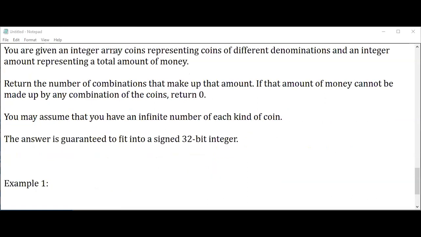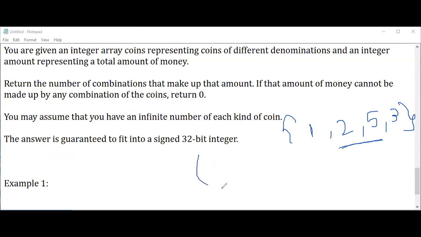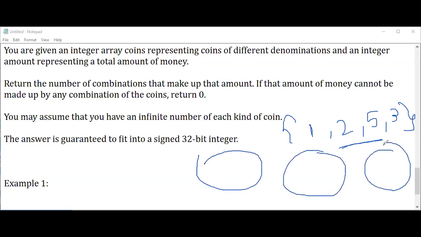Here, what they mention is that you may assume that you have an infinite number of each coin. Like if the coins are given as 1 rupee, 2 rupee, 5 rupee, if you want to form the amount, we are not supposed to have a rigid number of coins. If you want to take 1 rupee coin, you are given an infinite supply of it. You'll have multiple coins of 1 rupee, a group of 2 rupee coins, a group of 5 rupee coins. You can take any number of coins from it. You are given an infinite number of each coin.